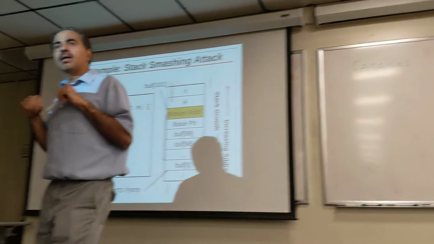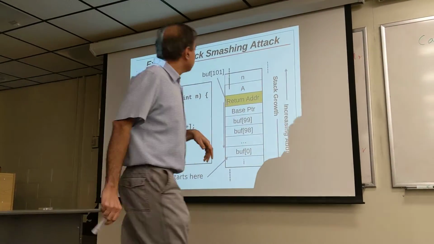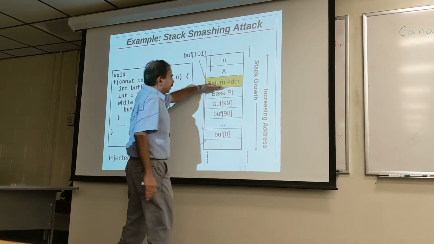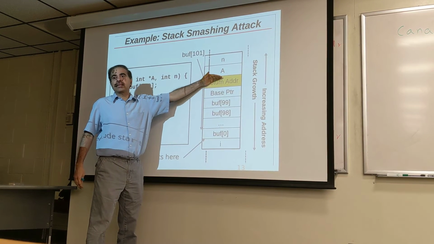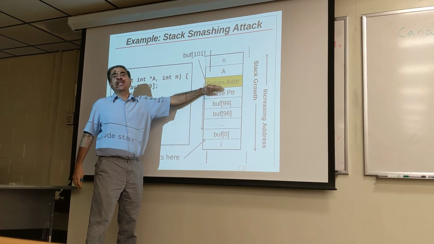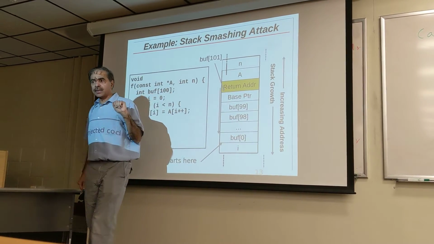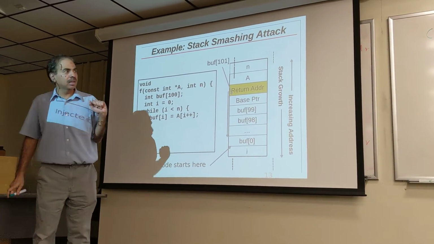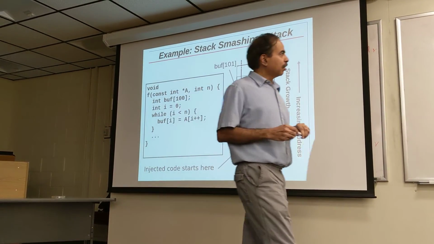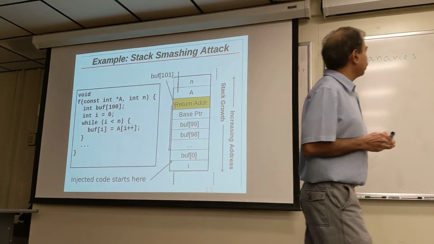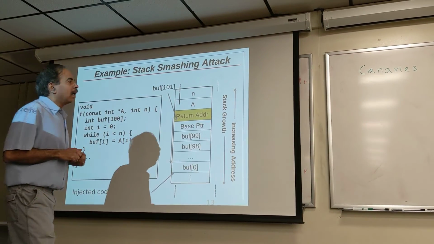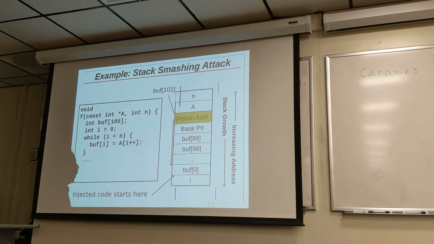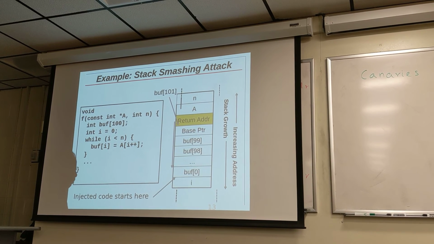There is a canary here, so the attacker has to either avoid crossing the canary or find a way to cross the canary without overriding it, right? So the first thing that the attacker can do is to sort of jump across the canary,